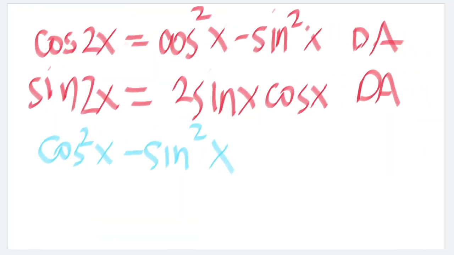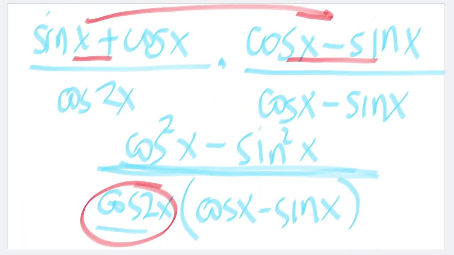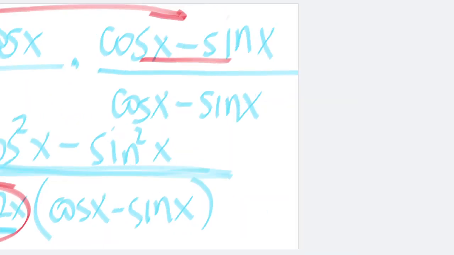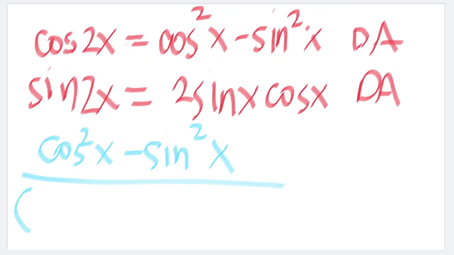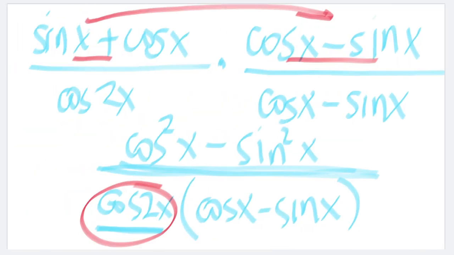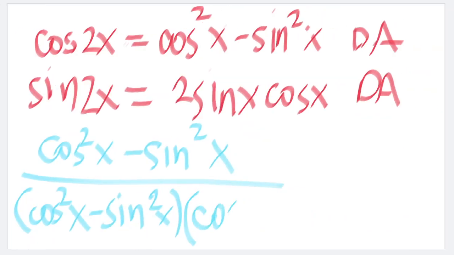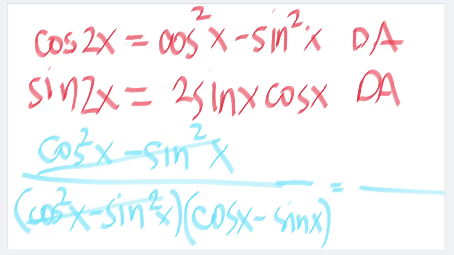You divide it by, we know already that this trigonometric function is equal to this function, cosine squared x minus sine squared x multiplied to, of course, this one, cosine x minus sine x. So this is equal to, this one will cancel, and that will be equal to 1 over cosine x minus sine x. So therefore,